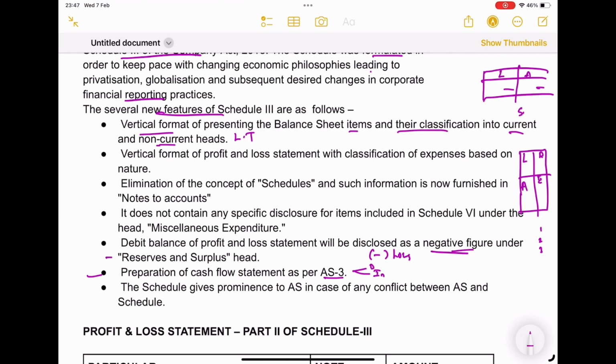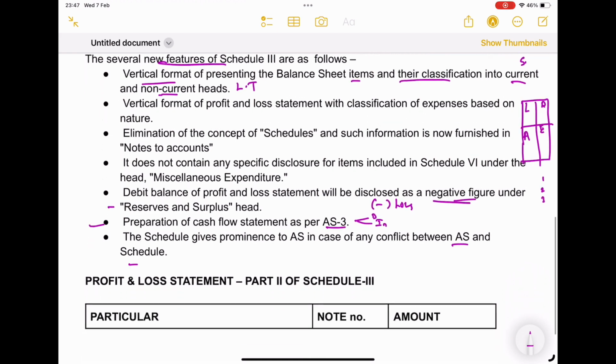Next, schedule gives prominence to accounting standards in case of any conflict between AS and schedules. So it is very clear cut. It follows the accounting standards rules. Okay, so I'll quickly move on to,